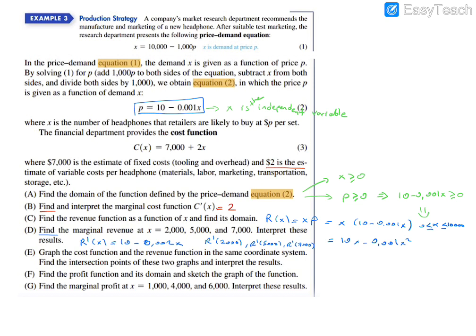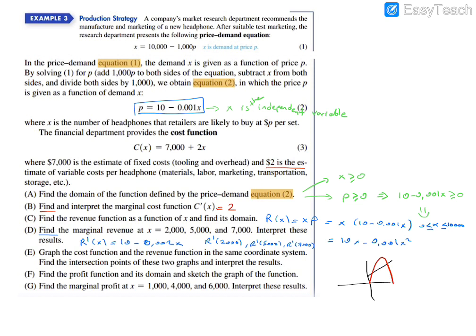Okay, for example, I will show that we have a linear function. When x equals 0, this is 7000. So the graph looks like this one. And the revenue function is a quadratic function. I don't know where they intersect, but I'm checking your textbook. The revenue function, this is the revenue function. So when x equals 0, this is 0. So the graph looks like that one. Okay, this is the revenue function graph.